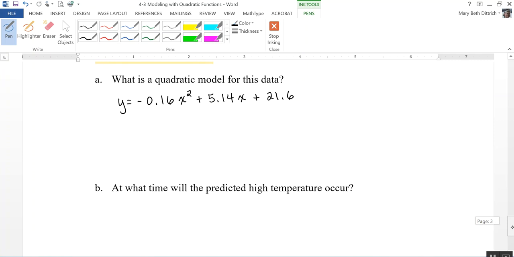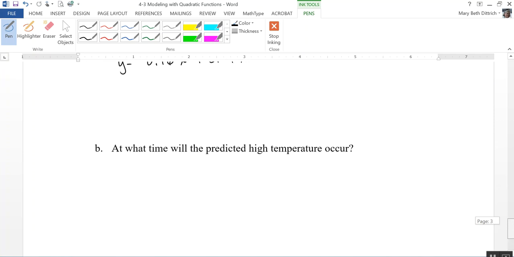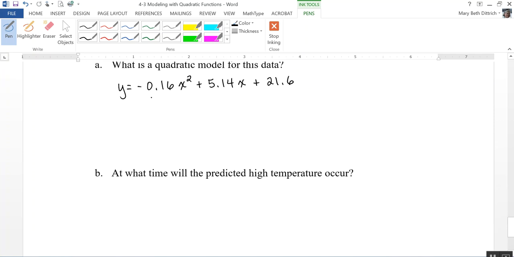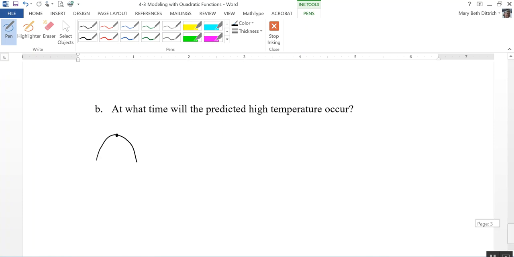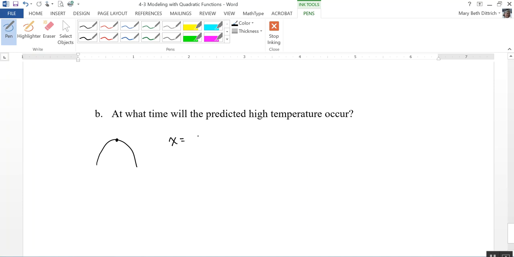And at what time will the predicted high temperature occur? Remember, since this is upside down, it's going to look like this. What time is the high temperature going to occur? In other words, what is the x of the vertex right here? So I'm going to do x equals negative b over 2a,